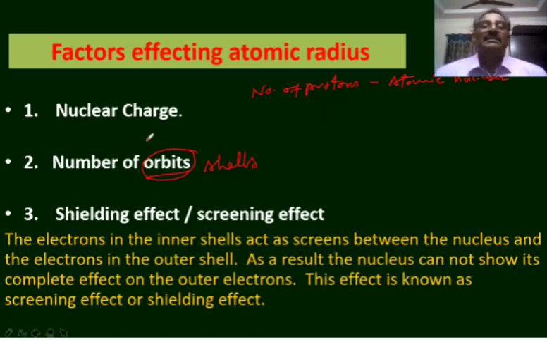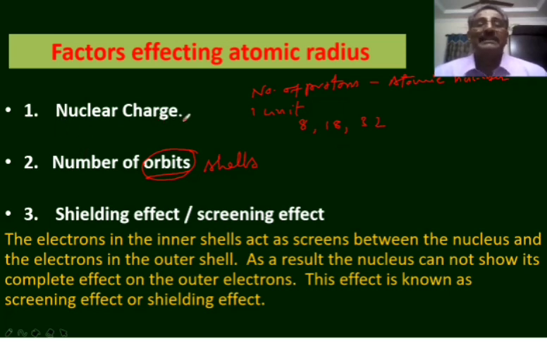You know that in the periodic table, the elements are arranged in the increasing order of their atomic numbers. When we move from left to right in the periodic table, the variation of atomic number or nuclear charge from one element to the other element is 1 unit only. Whereas in the group, the change in the atomic number is either 8 units or 18 units or 32 units when we move from one element to the other element in the group.